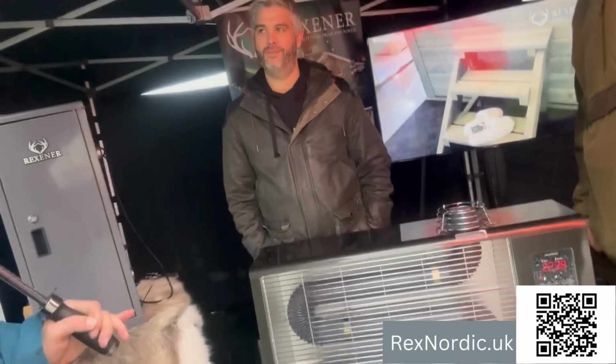Anyway, I visited the Midland Machinery Show last week. That was wet as well. But luckily, I visited someone with heaters. So here's Rex Nordic. Right, so we're at the Midland Machinery Show and I've come to the Rex Nordic stand. It is throwing it down, but it's lovely and warm here because he's showing off these new heaters which run